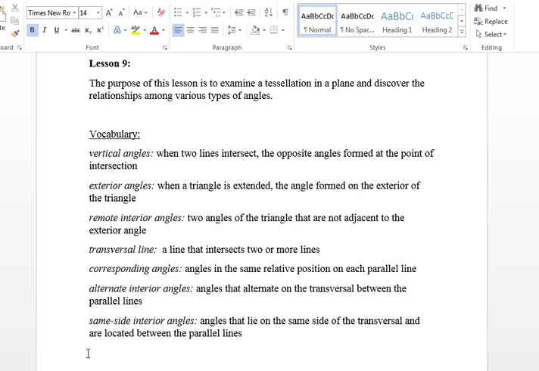Corresponding angles: angles in the same relative position on each parallel line. Alternate interior angles: angles that alternate on the transversal between the parallel lines. And same side interior angles are angles that lie on the same side of the transversal and are located between